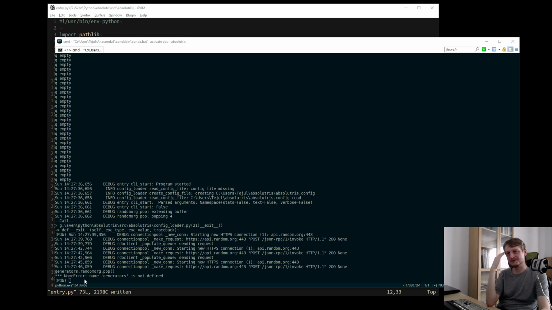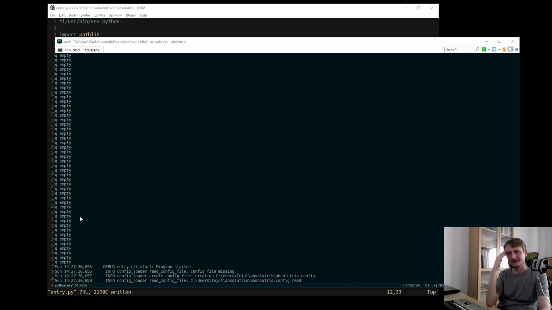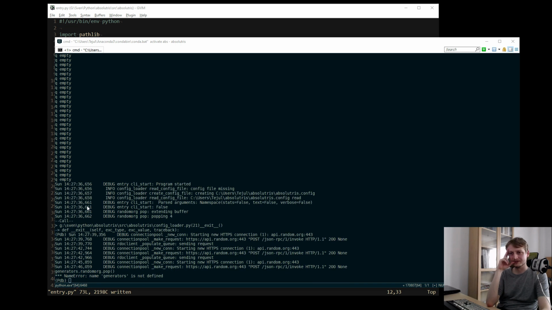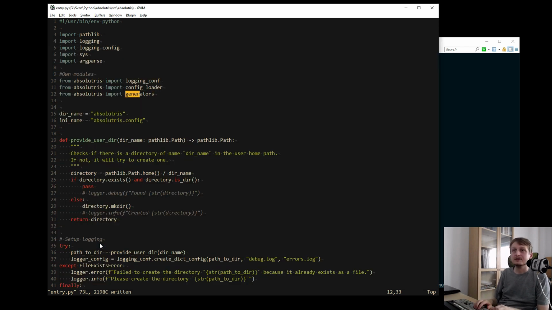Why is generators not defined? I just imported it, no, didn't I? Why doesn't it know generators? Name error, name generators is not defined. Or did I mistype it? Generators. And it worked.